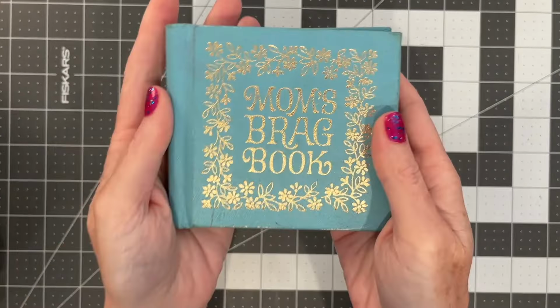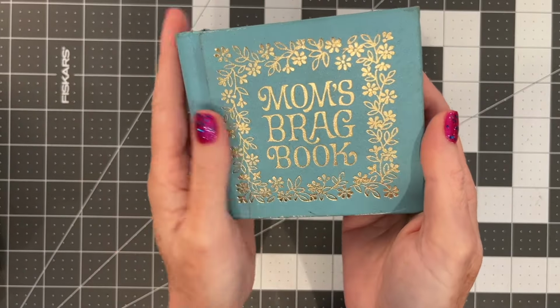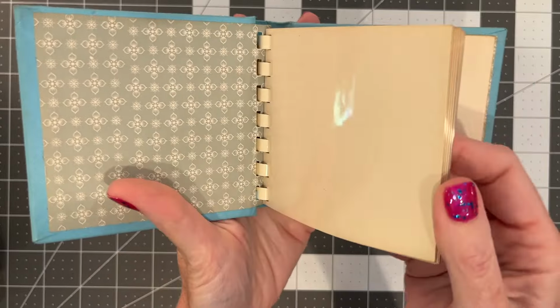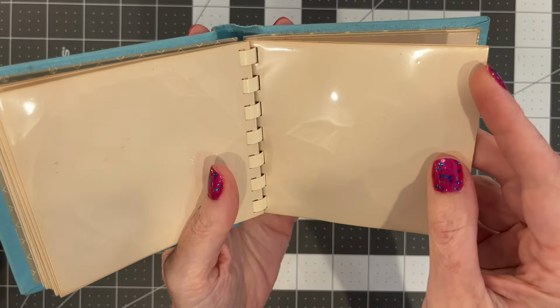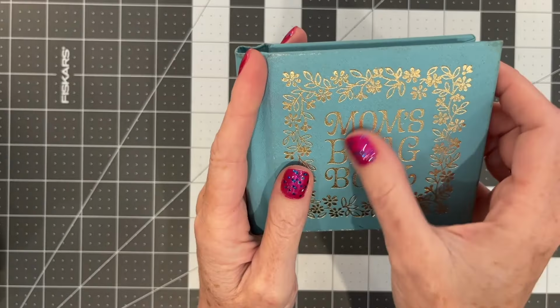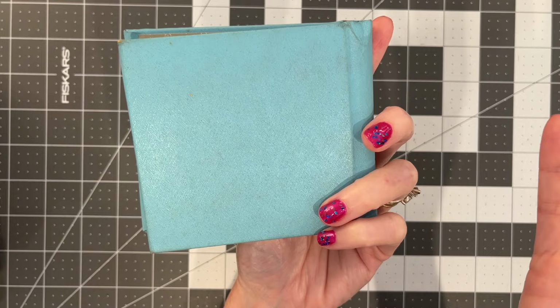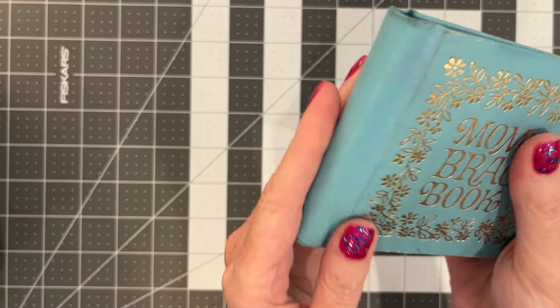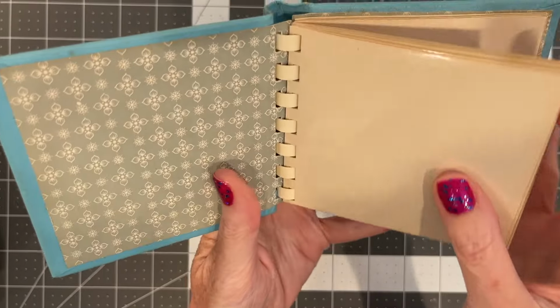This is going into my shop. I don't really have any need for it. I think it's adorable. It's a blank photo album. I'm assuming it's somewhat vintage. It's yellowed. And this looks very vintage-esque. And I love, it's like a Tiffany blue. It's somewhat scuffed and a little dirty, but I think it would make a precious tiny little, well, if you